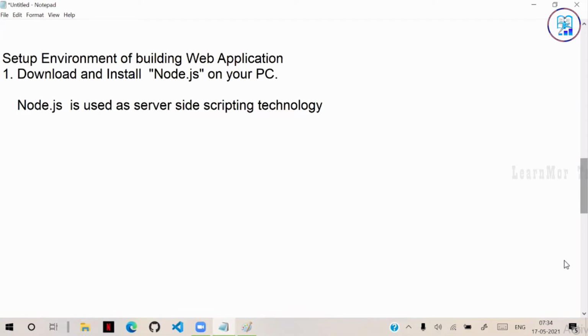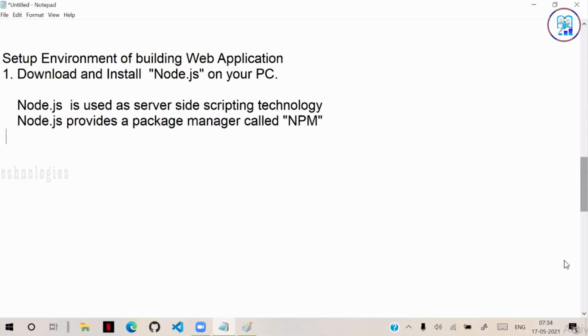Not only that, Node.js provides a package manager called npm. Initially we are downloading it for this package manager. Actually, a package manager is a software tool